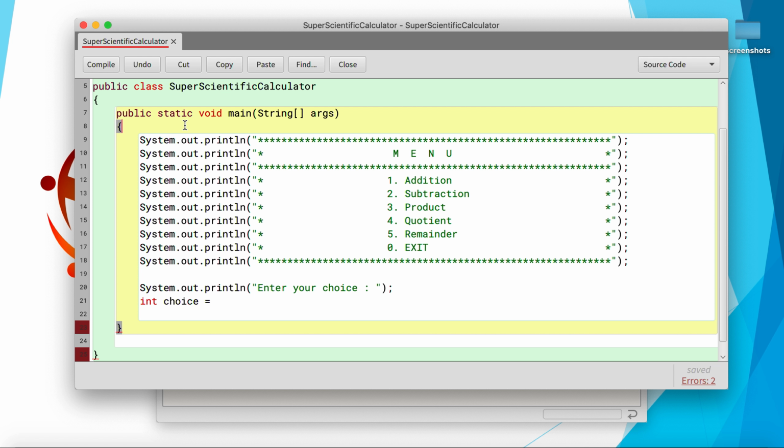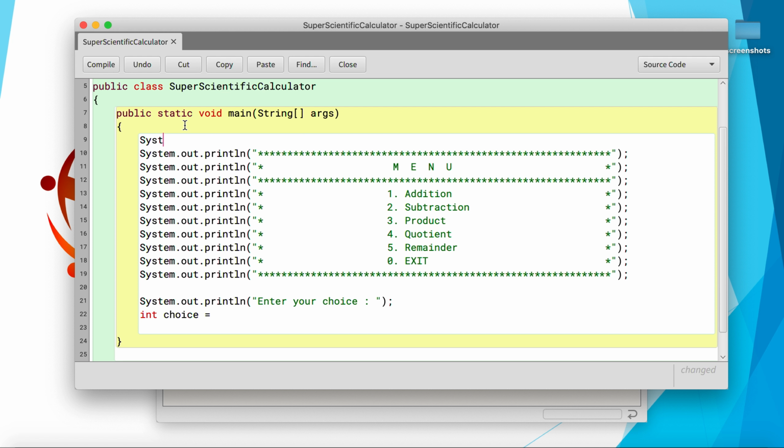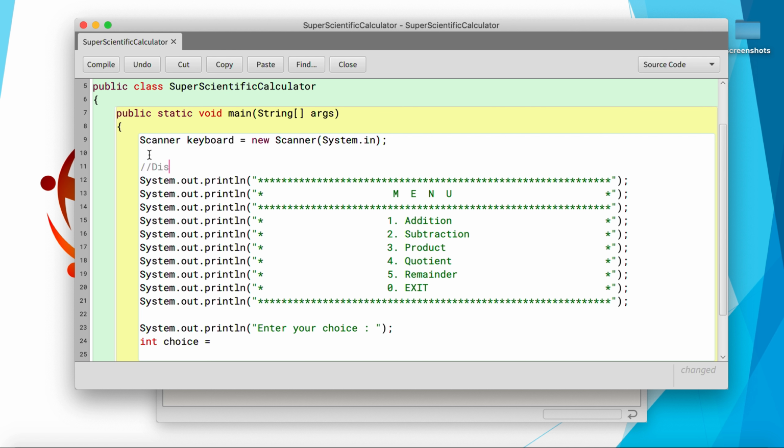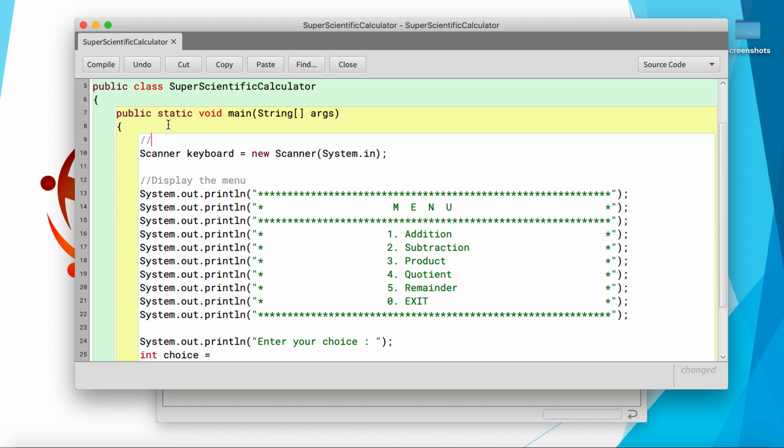So let's declare one Scanner object: Scanner keyboard equal to new Scanner(System.in). This is to display the menu, and this is to instantiate the scanner object,